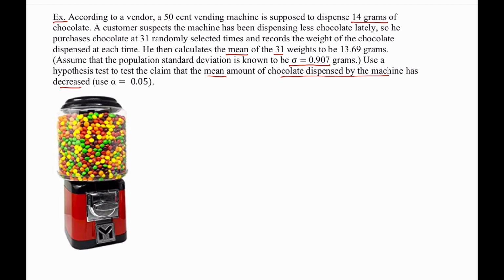So the first thing I'm going to do is state the null and the alternative hypotheses. Let's read the question carefully again, or at least the part where we're asked to test a claim. Use a hypothesis test to test the claim that the mean amount of chocolate dispensed by the machine has